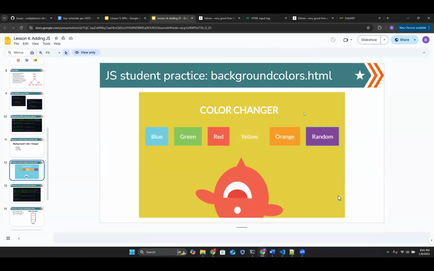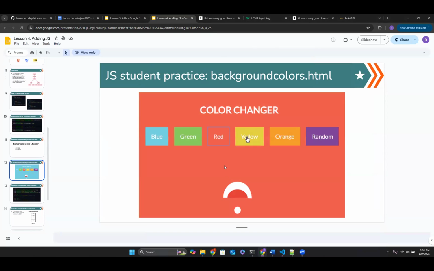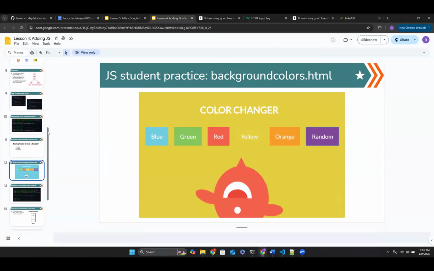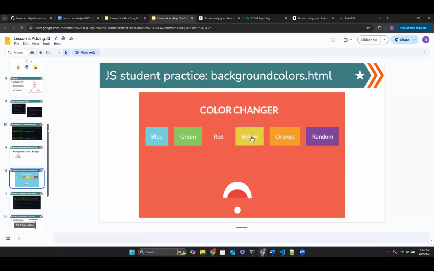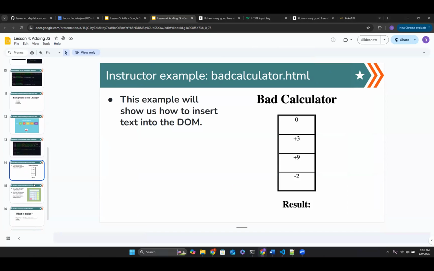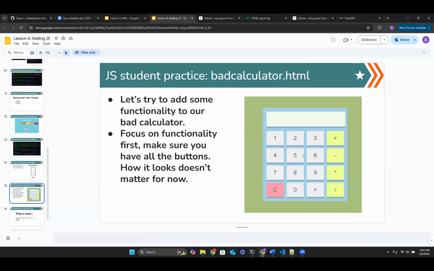React is going to do something very similar to this, just in a different way. But everything here is still very, very relevant and very important to pay attention to. And I think tomorrow, after the bad calculator, you're really gonna understand how JavaScript works with HTML. This is a really good assignment that's really gonna tie everything together.